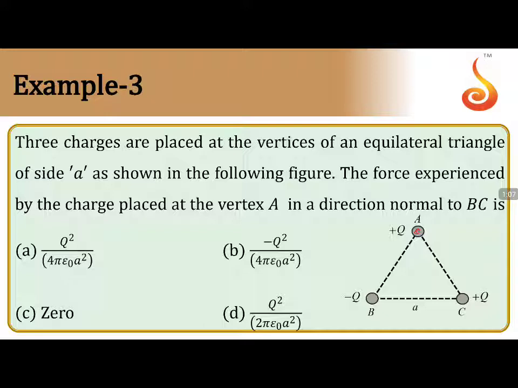Here other two charges also will be experiencing force, but we should not show the force vectors on the other charges. So on the required charge, that is on which charge you are asked to find the net force, only on that charge you have to show the force vectors. So on A, B will exert attractive force like this. On A, C will exert a repulsive force like this.